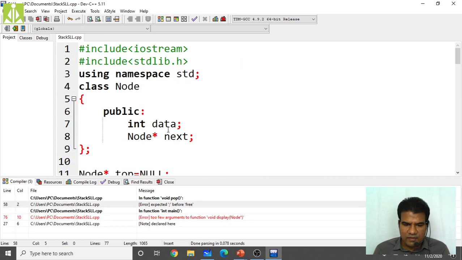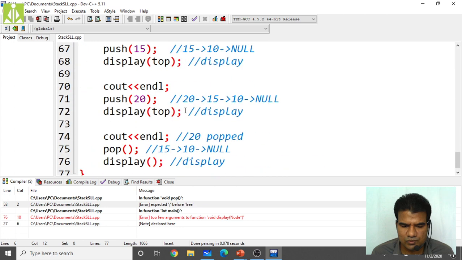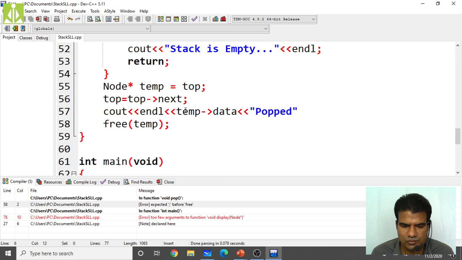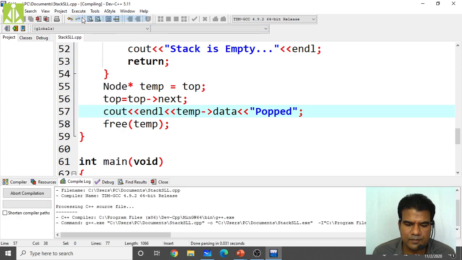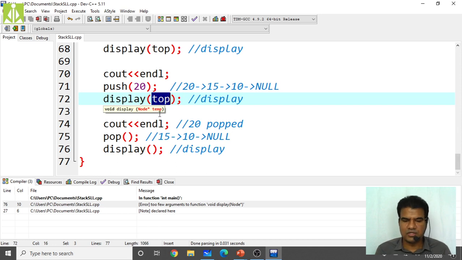Okay, again it is giving an error. Here I forgot to put the semicolon as well. Okay, display function, too few arguments. Yes, whenever you are calling the display you have to pass the top.